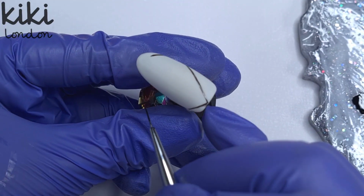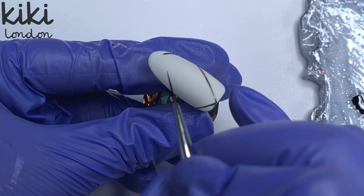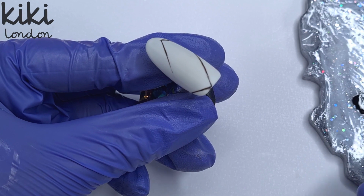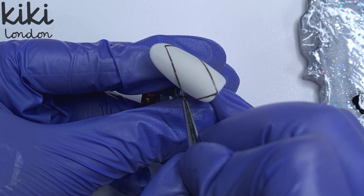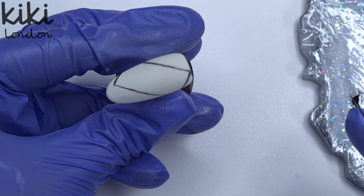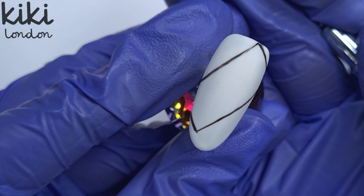But I'm flash curing each of the lines that I do for 10 seconds. And here you can just see I'm letting the brush do all of the work and only applying minimal pressure. I'm really not great at explaining this whole freehand nail art, but hopefully as I get better at doing it, I'll get better at explaining it. So I pop that in then to cure for a full 30 seconds, and then we're going to move on